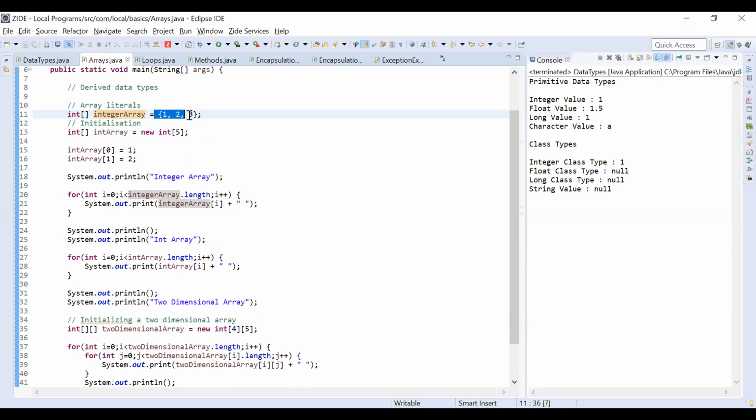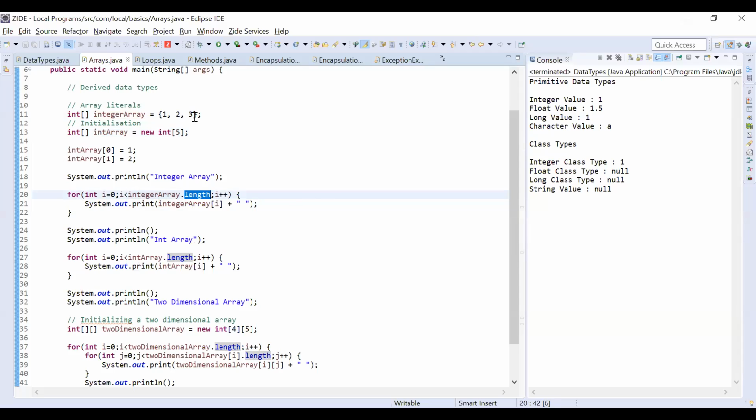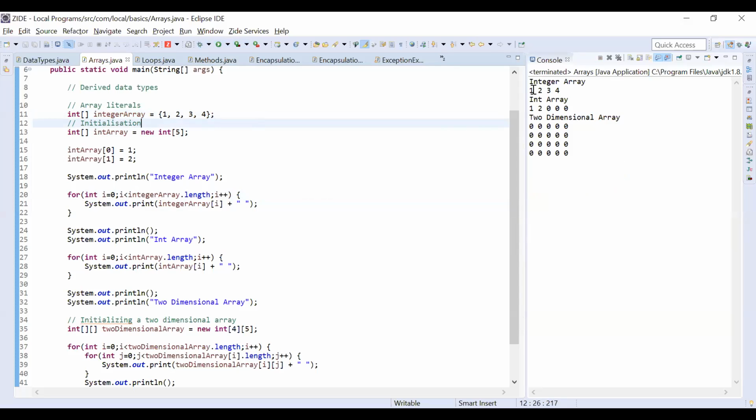Whereas if you can see here, we have initialized it with 1, 2, and 3. So in this code, Java will directly know that the array size will be 3. If you want to increase the size, you can just add another value, then your code will run without any issues.